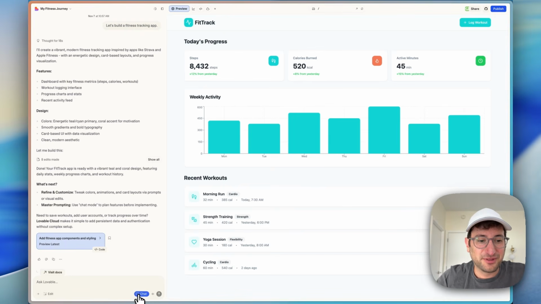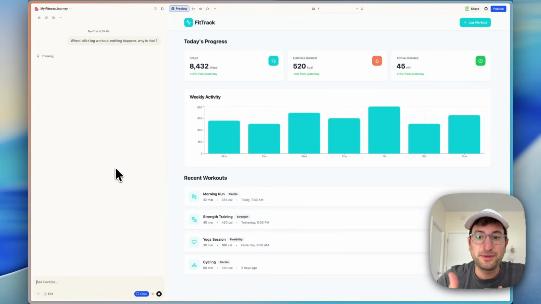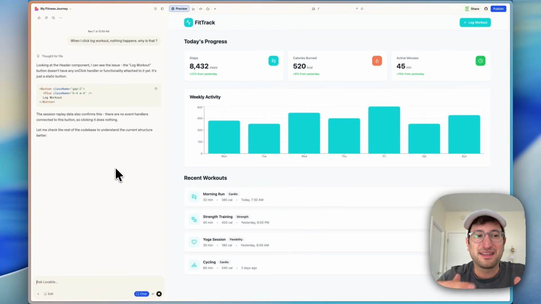the discuss mode. So this chat mode, also called discuss mode, is really helpful for debugging. So I could say, when I click log workout, nothing happens. Why is that? With this feature, Lovable is going to chat back and forth with me and not actually write code. This is really helpful because sometimes if it just starts writing code right away, it could go down a wrong path. This way you can create a plan and then make the update with Lovable kind of almost as